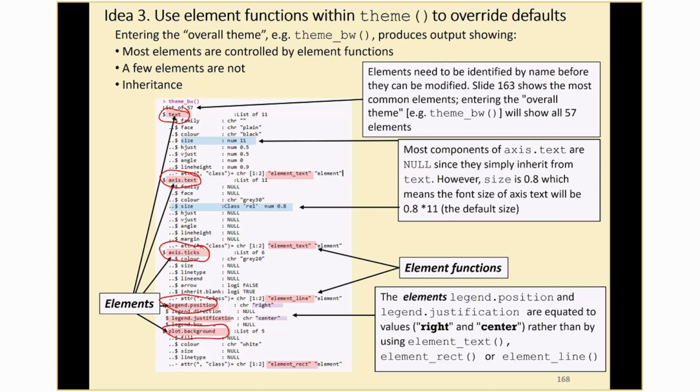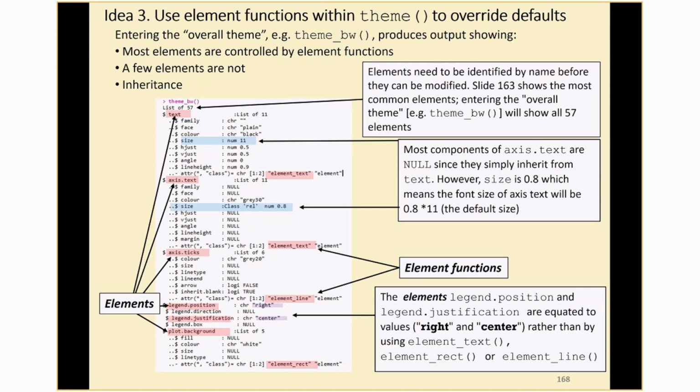And we see some indication of the element functions. So we see element text associated with this guy. We see element line associated with this guy. We see element rect associated with this guy. And we've also got rather an oddball here in the case of legend position, which isn't controlled by an element function, but rather some specification that it's just going to be on the right. So we see a list of the elements, and we see the element functions, and we also, if we look